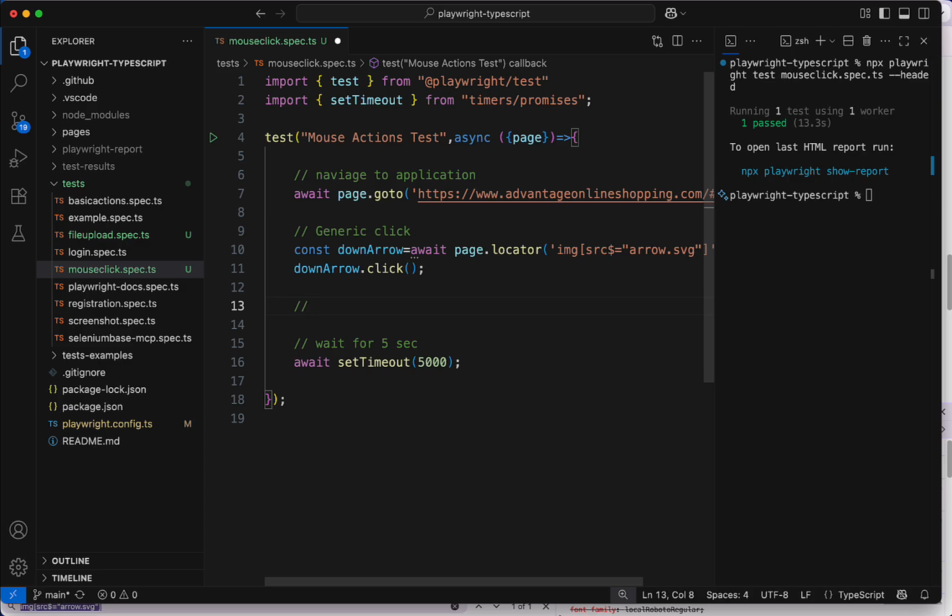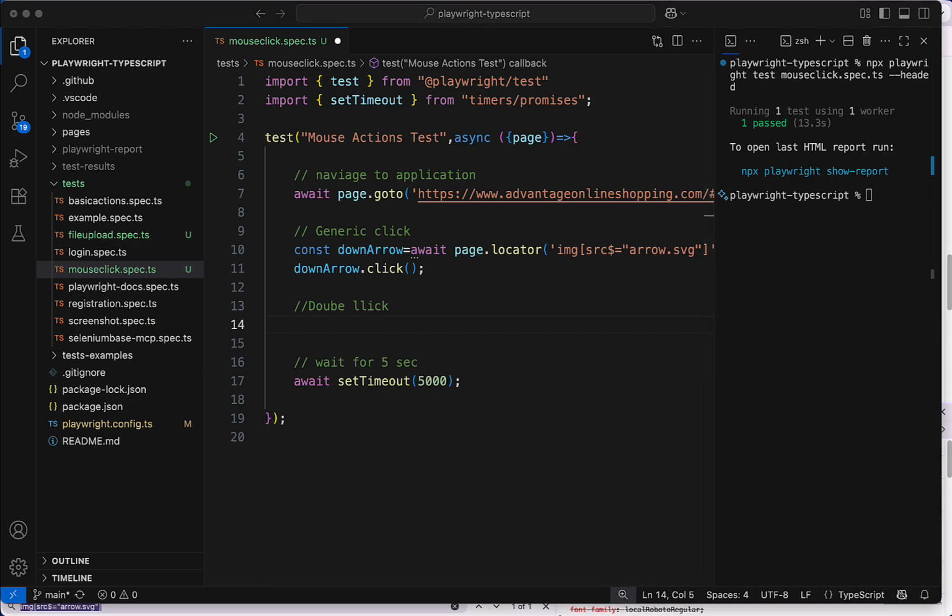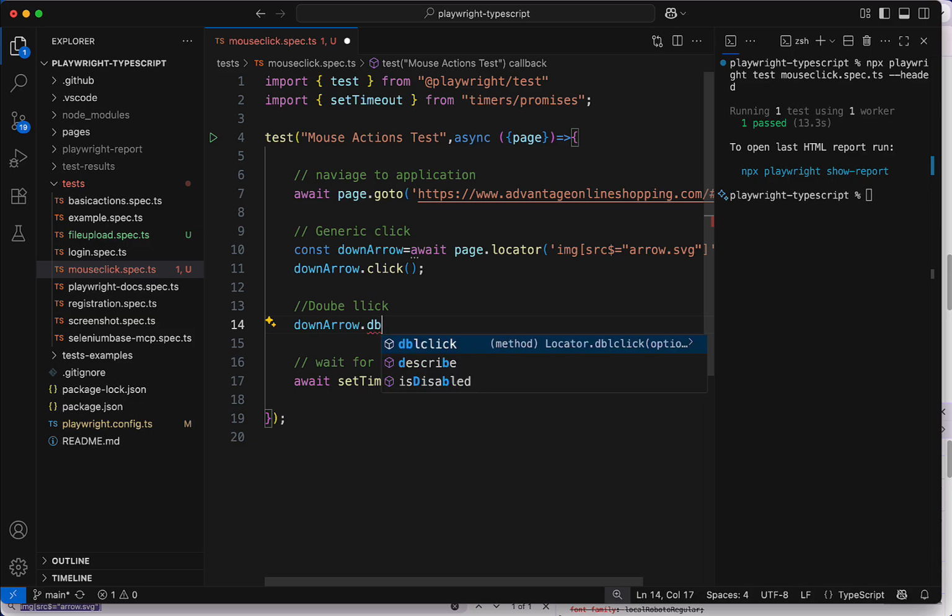Let's see how to double click. How to double click using Playwright and TypeScript. This time we will use the same element, but we will perform the double click operation. I'll take this downArrow dot, and there is a method dblclick, not doubleclick, okay, dblclick. I'll just comment out this first one,